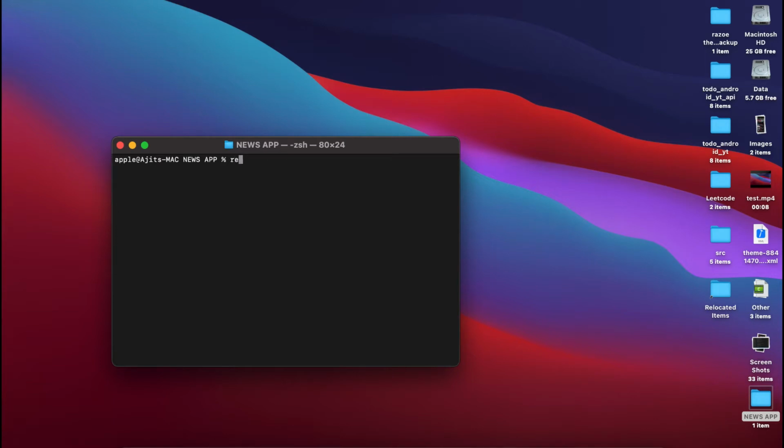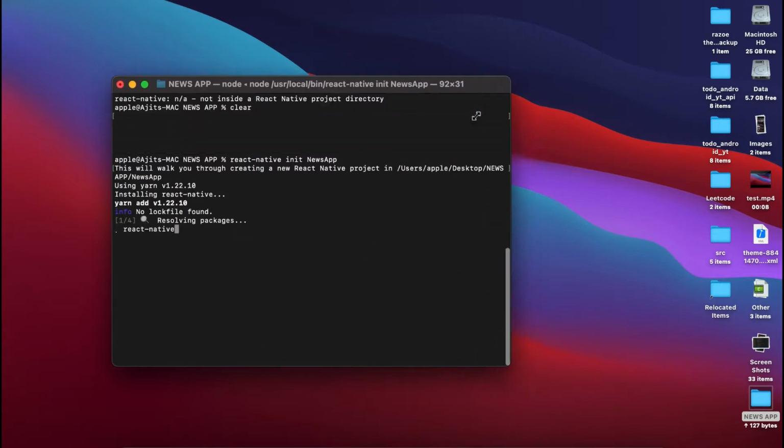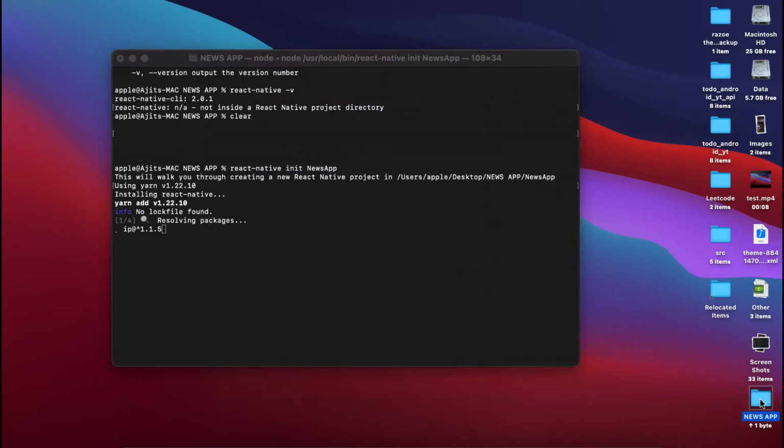So now we will create the project with react-native init. Here I will give the name newsapp, then press enter. This will create our project in this directory.